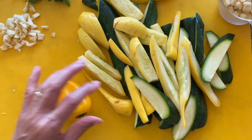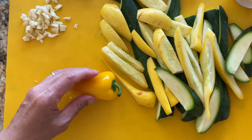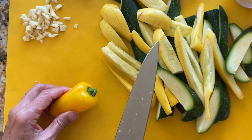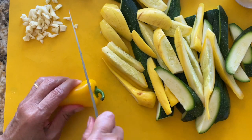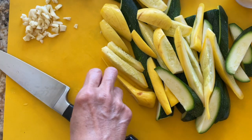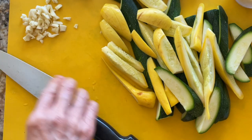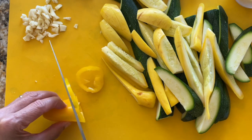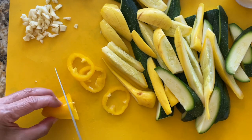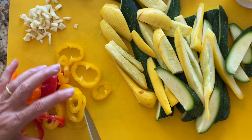Now I'm going to cut the peppers, and this is really for garnish. So what I wanted to do is show you how to do it, and all I'm doing is basically cutting out the tops, taking out the seeds, and then cutting them into rings. So here I have a yellow, red, and orange pepper. Okay, so this is the garnish here,